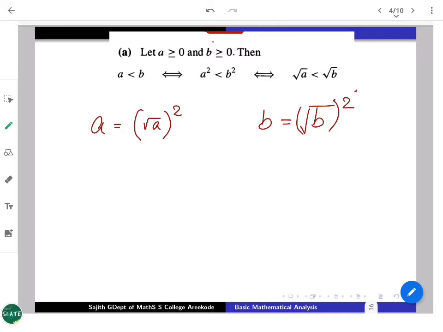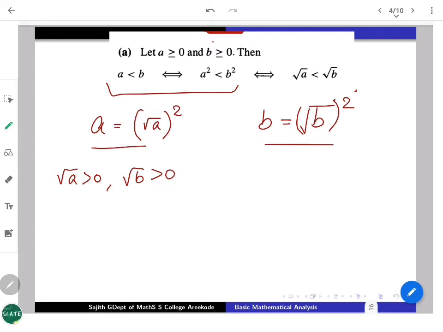Now look at this. If I am realizing these two, just what you have proved before, that is the first and second part, you just think of the square root of A. First note that the square root of A is positive, and the square root of B is also positive. With this, I can just apply the first and second condition equivalency here. Instead of A and B, I will just write down these two, which say that the square root of A and the square root of B are positive. So it gives the square root of A is less than the square root of B. That is equivalent with this condition.